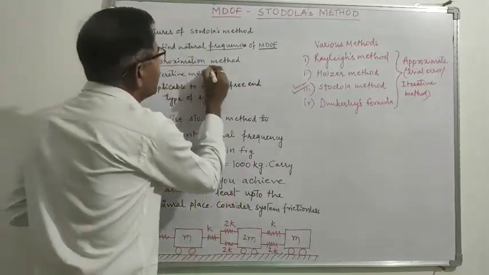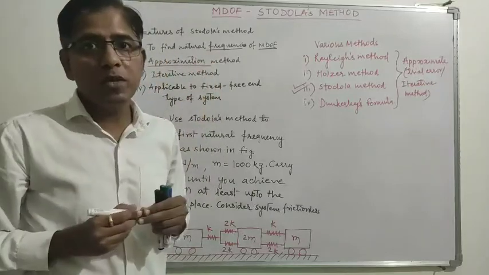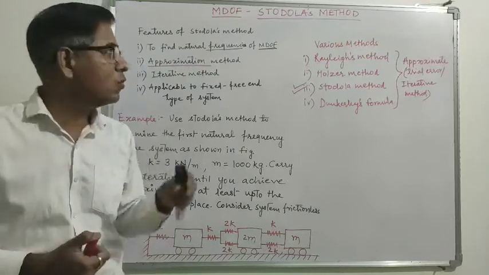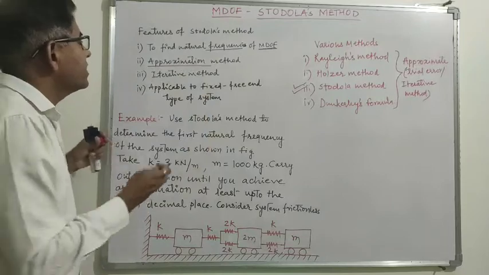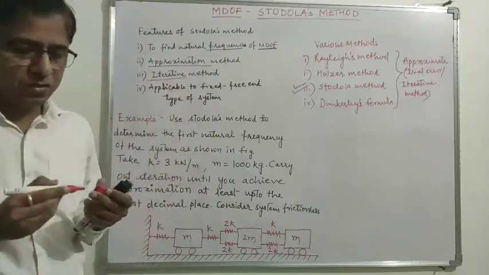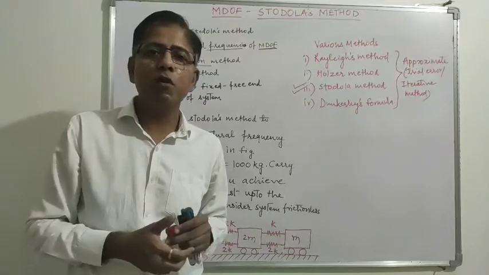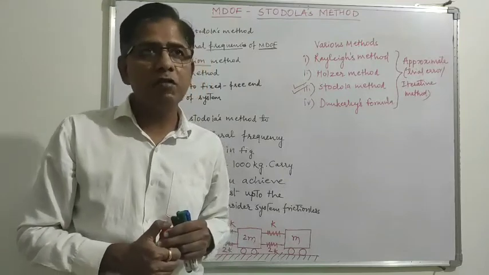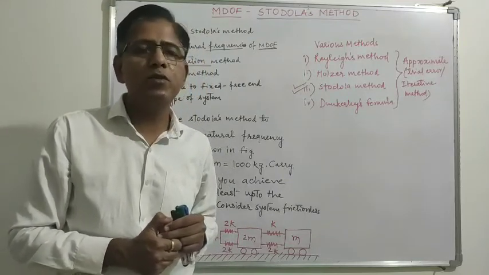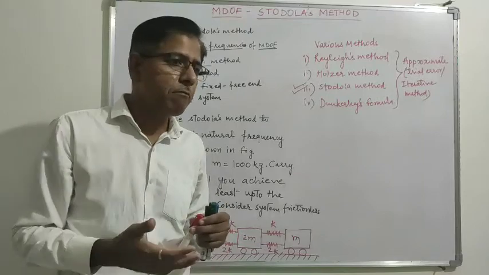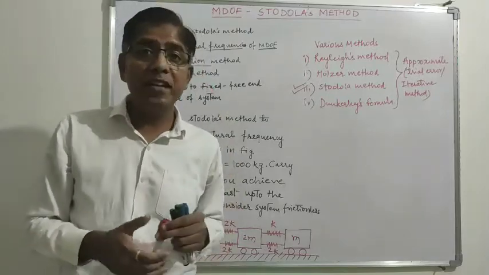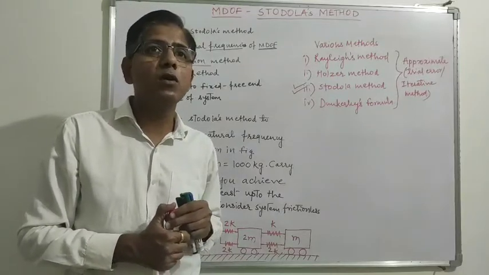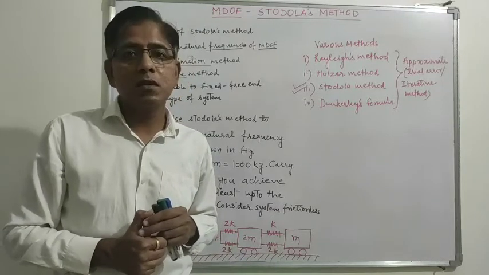Then second, we have seen that it is an approximation method, so it is based on trial and error. Again, it is an iterative method. You won't get the answer in the first iteration. You need to perform various iterations, and depending upon the complexity of the problem and your assumptions, you don't know how many iterations you require to come to the final answer, because it is all about hitting arrows in the dark.